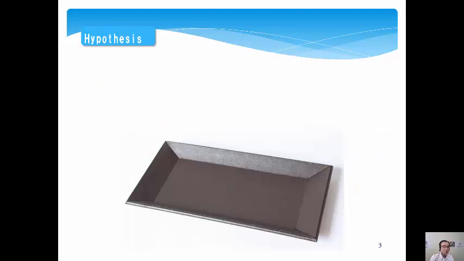Then, to overcome this problem, we have one hypothesis. That is very simple. This is the cash tray. Normally, real cash is put on this tray. Then everybody can see the real cash. However, in the case of mobile payment, nobody sees the real cash. So then,